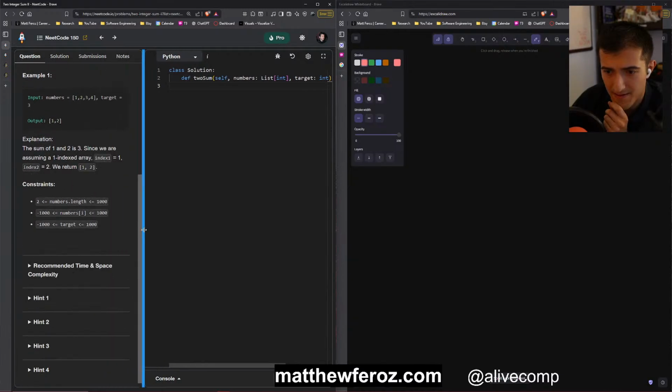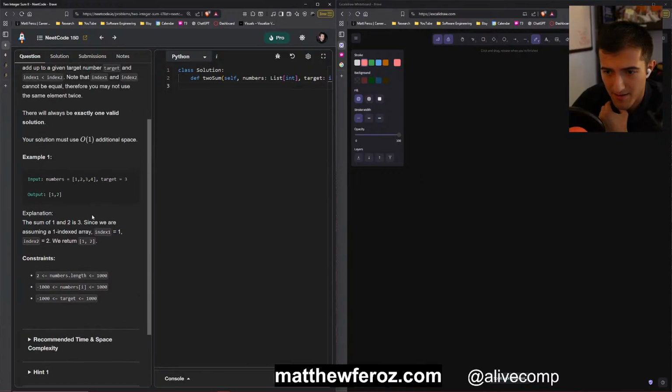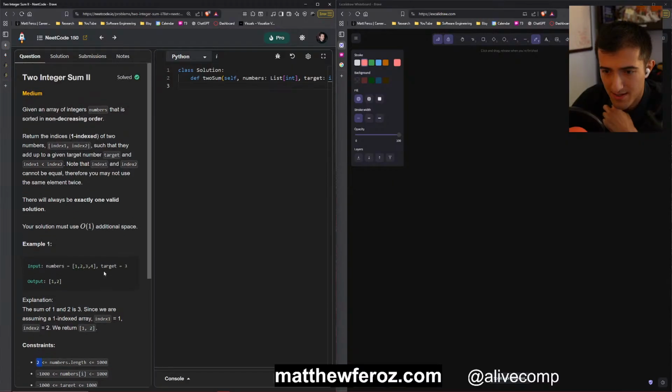So the length of the numbers must be at least 2, and it must be less than 1,000. And we essentially just need to find what the target is, except it's a one-indexed array now, and we have to return the indices of the two numbers.